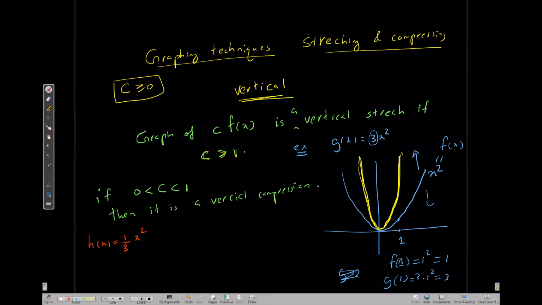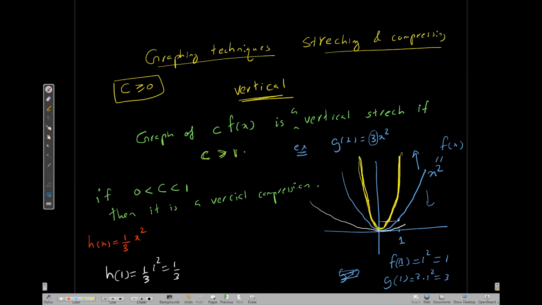Again, our base function is x squared. Now in this case, let me draw it in the same graph using white color. If you look at h of 1, it is 1/3 of 1 squared, so it is just 1/3. So now what has happened is this value right here, this value 1, now it's 1/3 somewhere here. So your graph will look like this, more fat. So it has